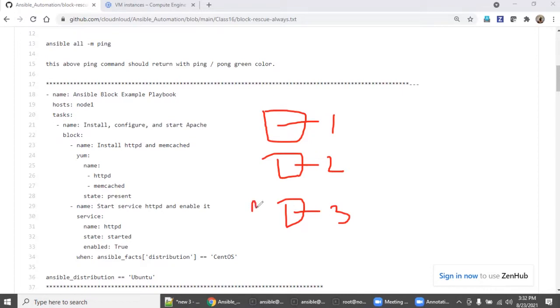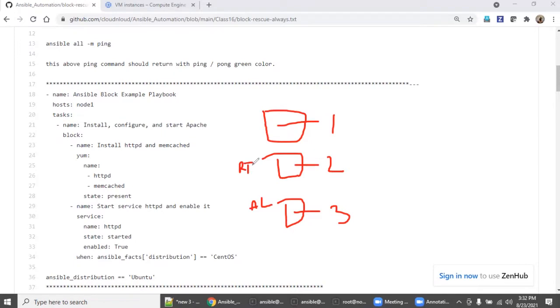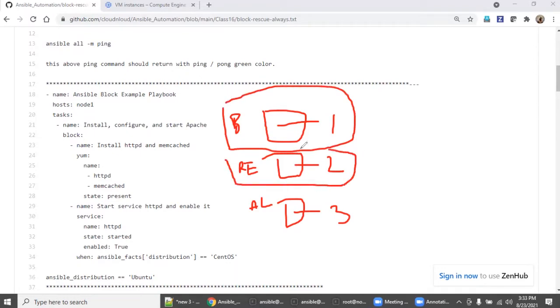So this is always, this is rescue, and this is block. First we will see block, then rescue, then always, and with a combination of all three,